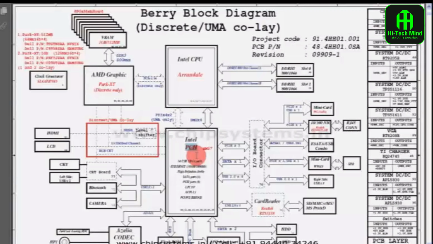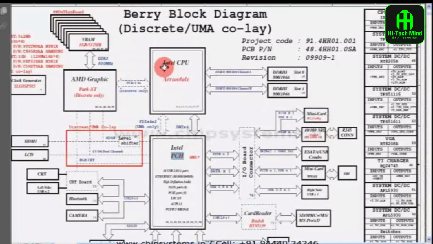The socket size is large. It supports i3, i5 and the higher end i7 processor. In the earlier architecture, we used the memory controller in the North Bridge, but here it is in the processor. It is represented as DDR and the clock speed is 1033 MHz. DDR has a maximum configuration of 8 GB. In all the laptop motherboard architectures, there are two slots. Each slot has 4 GB capacity.